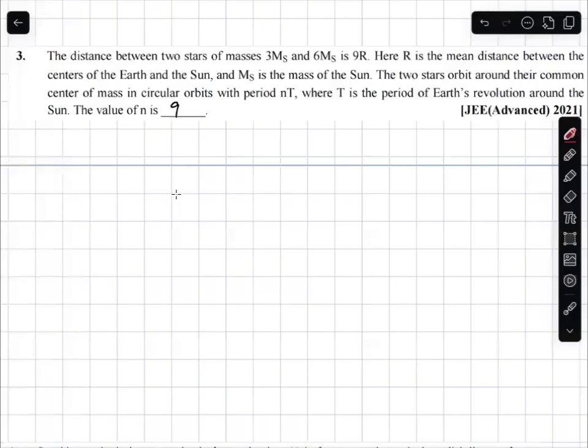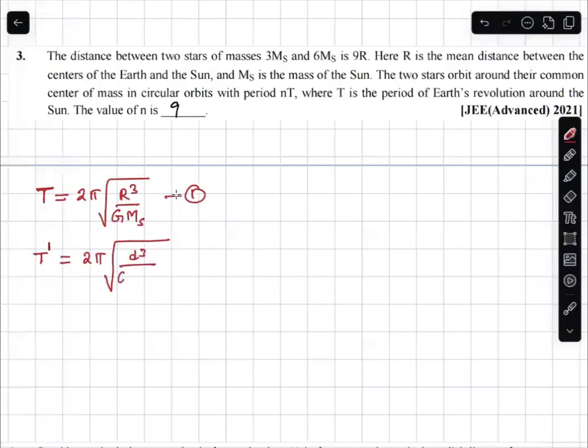The two stars orbit around their common center of mass in circular orbit with time period nT, where T is the time period of Earth's revolution around the sun. Straight away, tell me what is T. 2 pi root r cube by G times mass of the sun. Do you know this? Now this is equation 1. What is the expression for the time period of binary star system? 2 pi root d cube